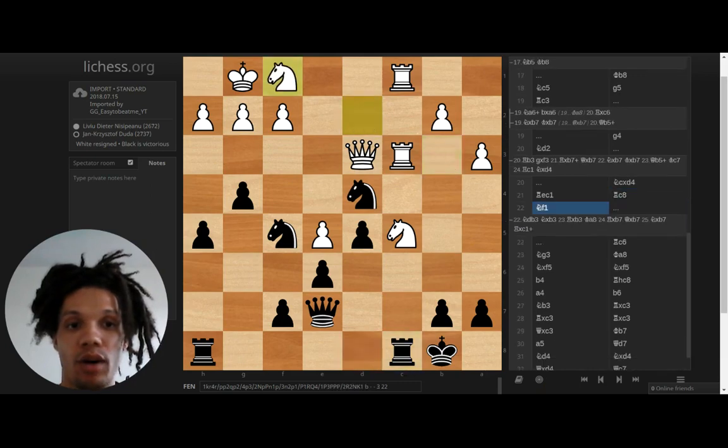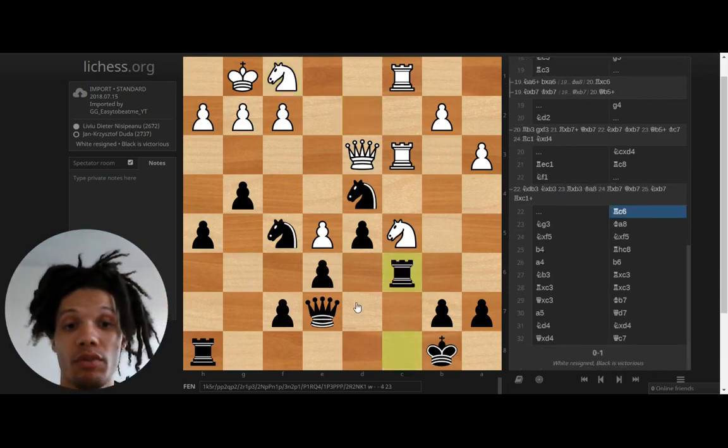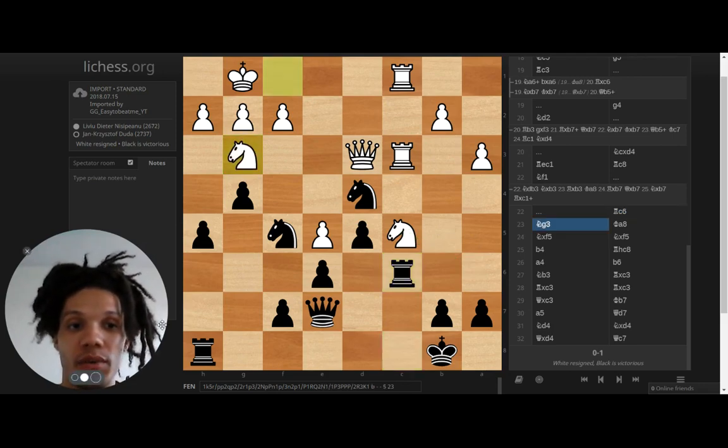So, knight f1. And again, like we said, now these rooks are coming in, providing the reinforcements, and rook c6, really good move. The other merit of rook c6 is it just eyes the a6 square as well, so knight a6 check is not really an idea. So rook c6, knight g3,